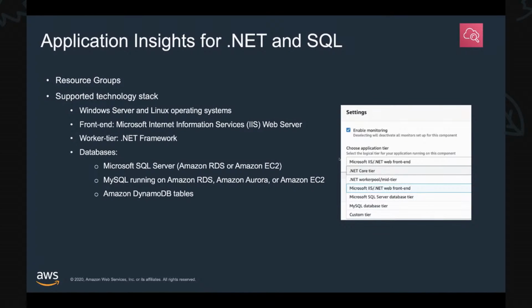This includes the application load balancers, AWS EC2 instances running the IIS front end, maybe .NET worker tiers, and your SQL Server databases. After you group your resources in a resource group and enable Application Insights, it analyzes metric patterns using your historical data to detect anomalies.